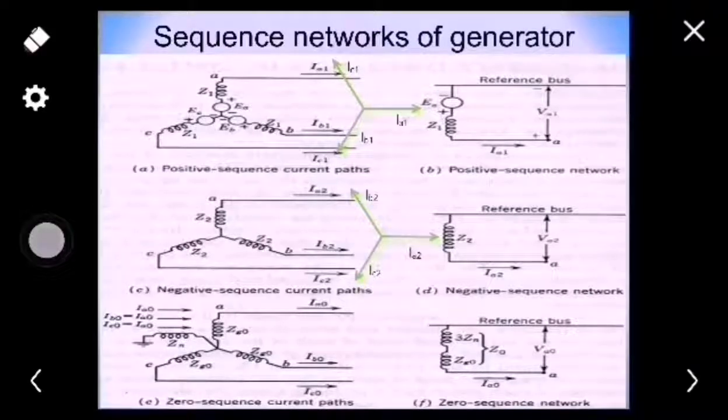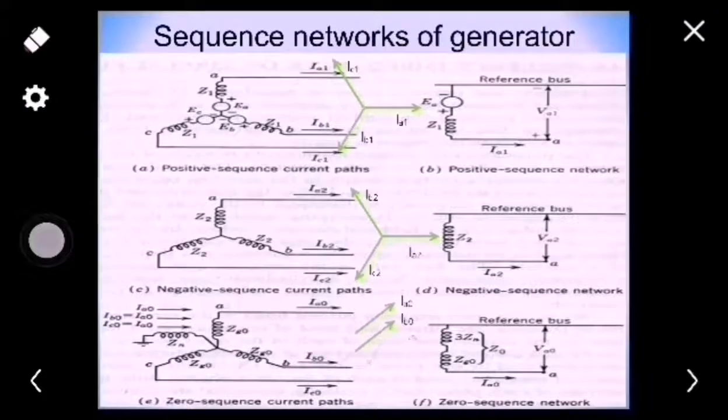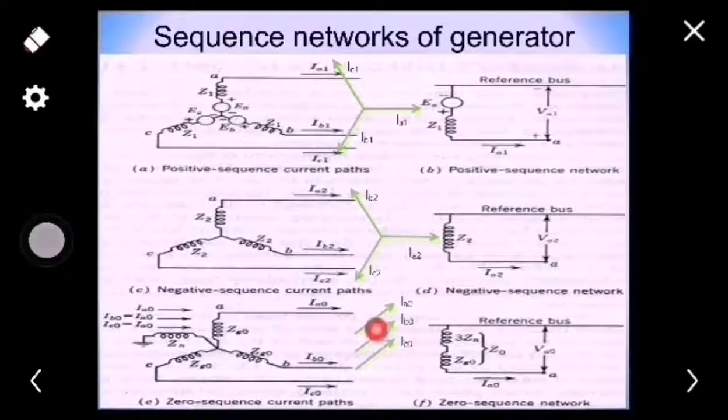Zero sequence network phasors are co-phasal, and mind well, zero sequence current can only flow if the neutral is grounded directly or via some Zn or impedance or resistance or reactance depending on the type of the grounding system, and that Zn will be reflected as a 3Zn in zero sequence network representation. It also does not have any kind of active source. Why? Because machine is not naturally designed to have any zero sequence current, and the zero sequence phasors are co-phasal. They are parallel to each other. That's why they are co-phasal.